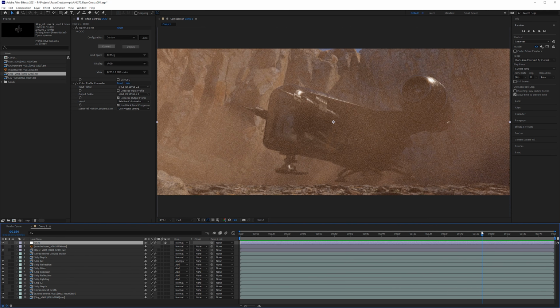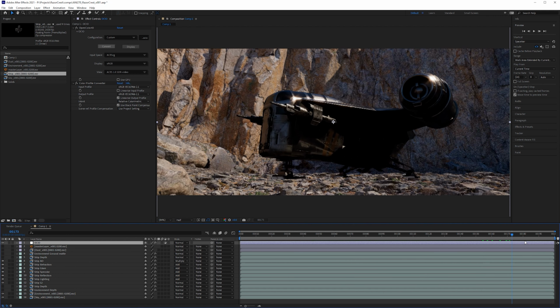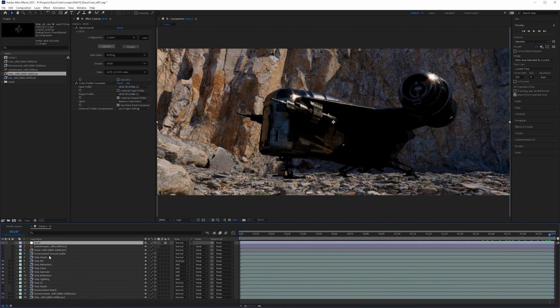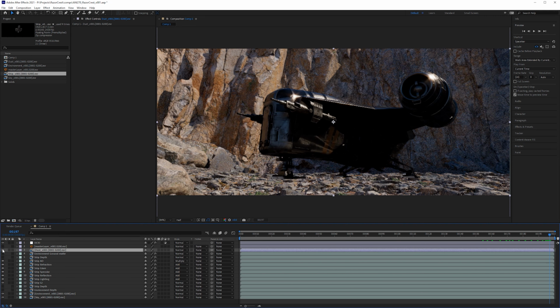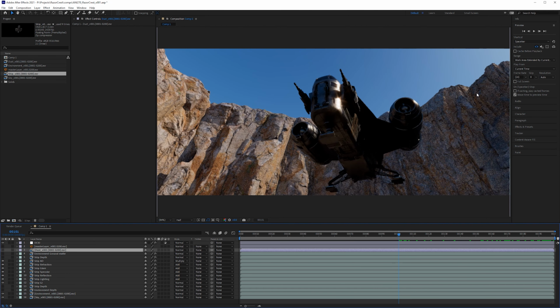All right, so first thing, I'm going to turn off my dust, and we'll just take a look at the ship as it is, because the dust is too grainy to really do any other composite right now. I guess you could leave it on if you're at the end. You could just go right to the end, you can leave it on, but I'm just going to turn it off. So one problem that I'm seeing is, while this might be correct, if I go to my info tab here, and I just hover over the ship, these values are clipping out at like 0.